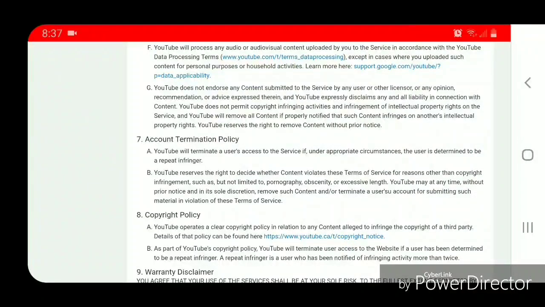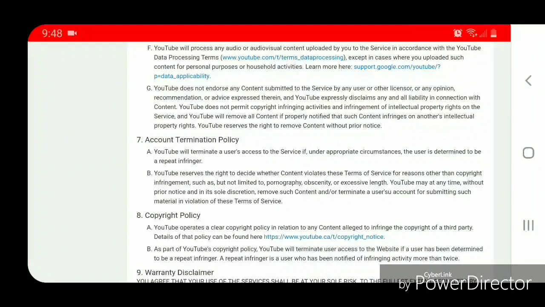F. YouTube will process any audio or audiovisual content uploaded by you to the service in accordance with the YouTube data processing terms, www.youtube.com/t/terms_data processing, except in cases where you upload such content for personal purposes or household activities. Learn more here: support.google.com/youtube/question